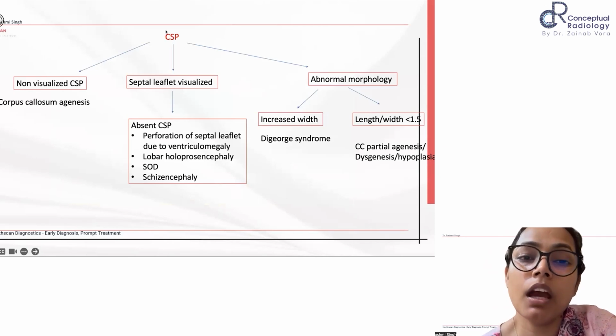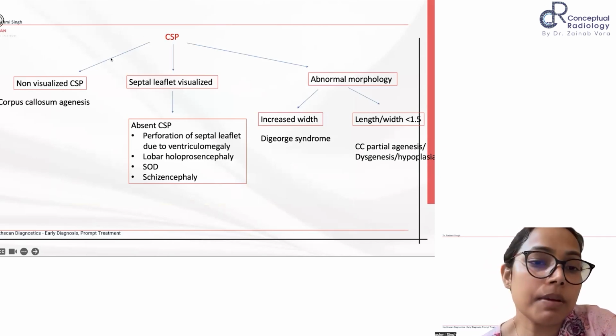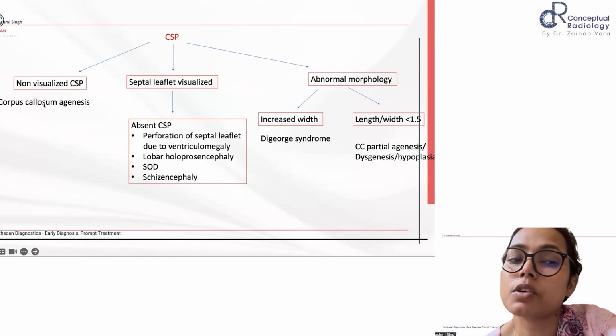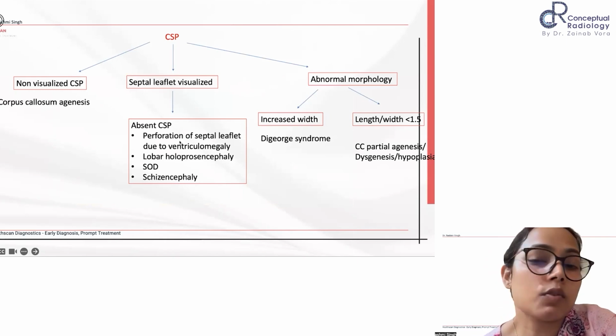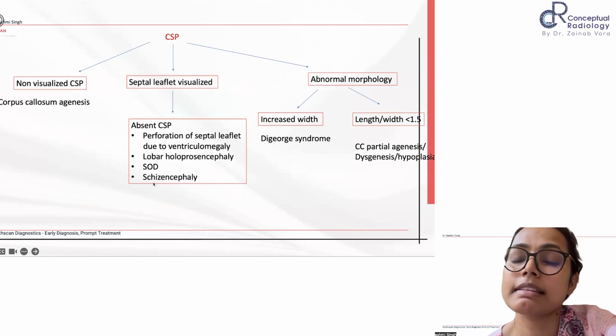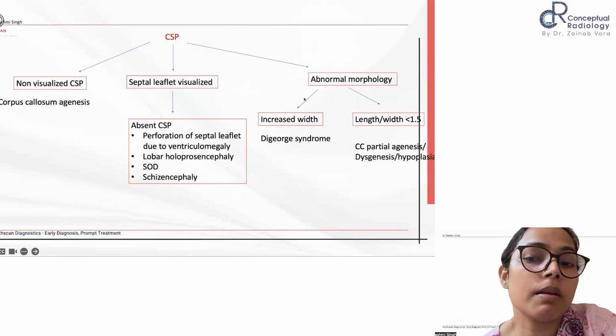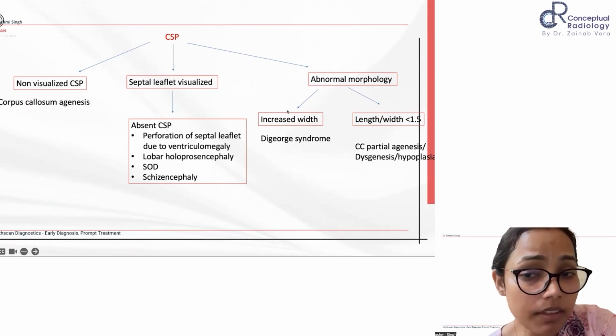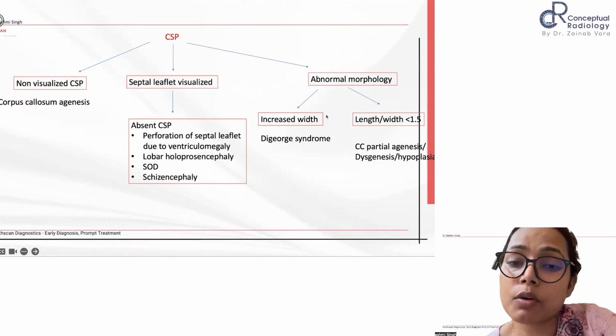Flowchart by me. So you can see, if the CSP is not visualized, then we should suspect agenesis of the corpus callosum. If the septal leaflet is not visualized, then this could be because of severe ventriculomegaly, lobar holoprosencephaly, septo-optic dysplasia, or schizencephaly. If there is abnormal morphology, such as